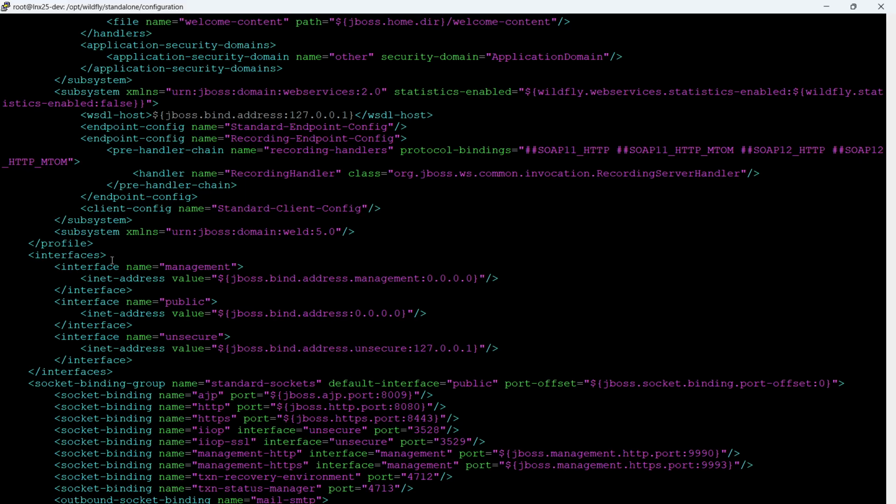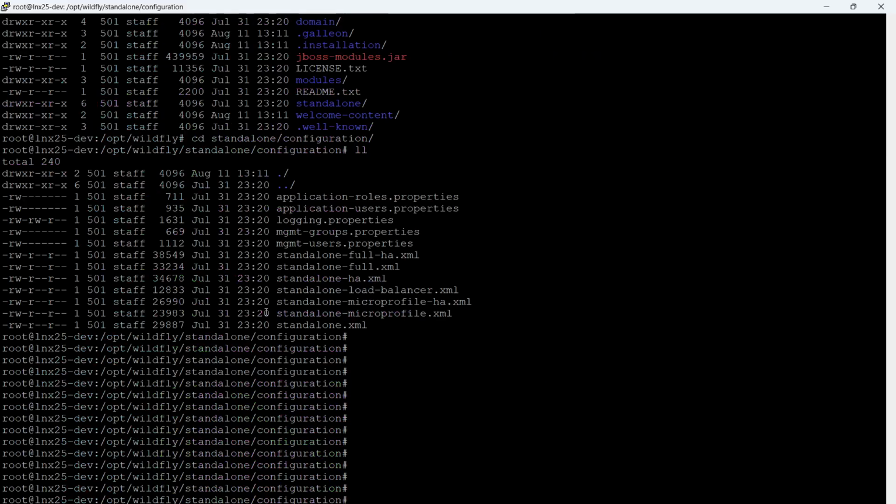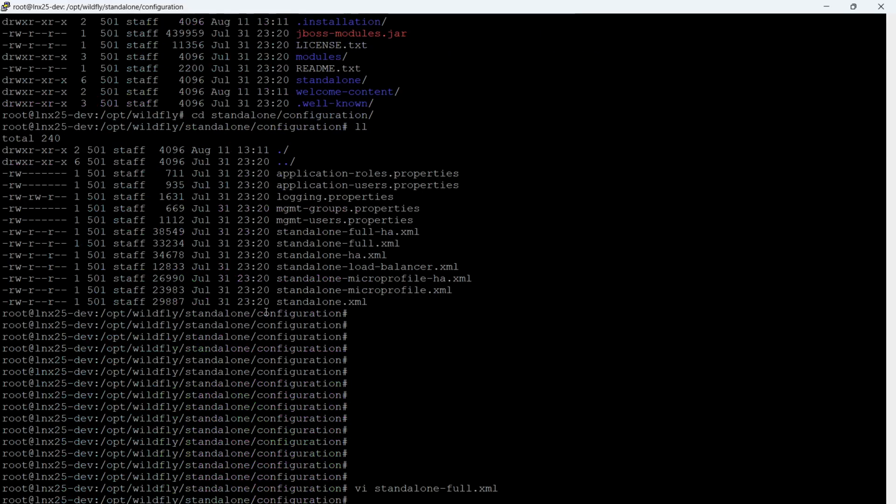You can remember the interface name, then go to the interface and come to management or public. Once you change the respective file, that is standalone.xml or standalone-full.xml, then you can go back